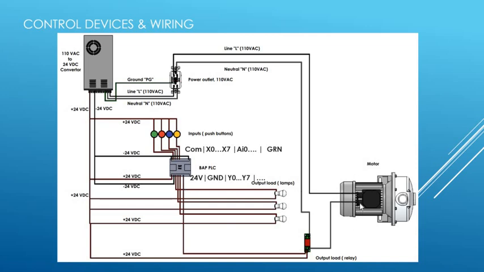If you want to control an AC motor, this AC motor is single phase. So you connect one of the lines to the power outlet, the line to the motor, and then you have the neutral. The neutral is connected to one of the terminals of the relay, and the other terminal goes into the wall. Bear in mind, if this is a house wall, most of the time you have a control panel